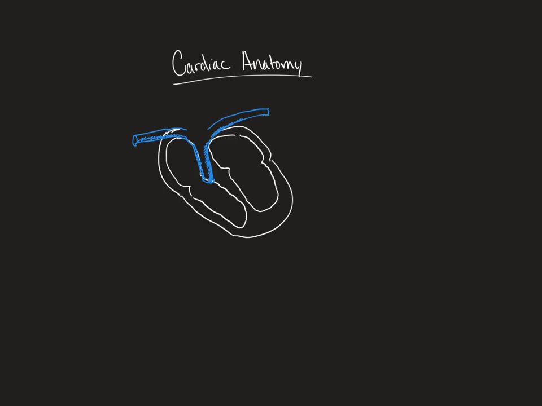And then we're going to have our oxygenated blood denoted by our pulmonary veins. I'll just put a couple on each side. Understand that these ones here on the left are actually inserting here into the left atrium. And here's going to be our left ventricle, which is the most important there. And we'll have our right atrium and our right ventricle here. And then, of course, we're going to have our inferior vena cava, our superior vena cava,